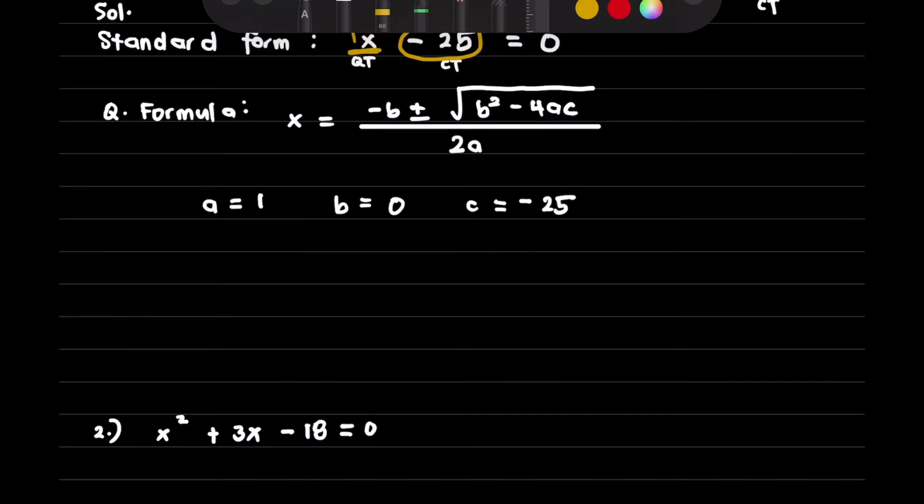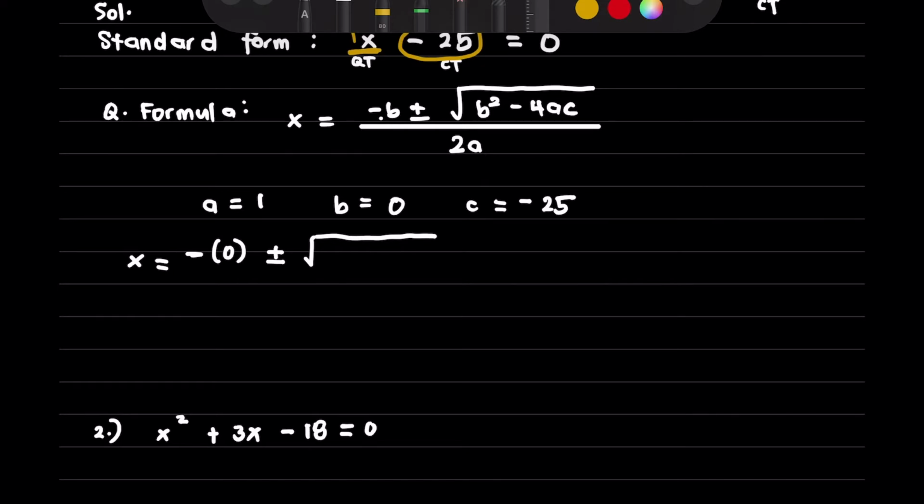So, once na nakuha mo na yung values ng A, B, and C mo, you can now substitute that in our quadratic formula. So, we have x equals negative. Lagay mo muna yung negative. Kopyahin lang natin to yung ating formula. Negative. And then substitute B. What's the value of B? That is 0. Plus minus the square root of